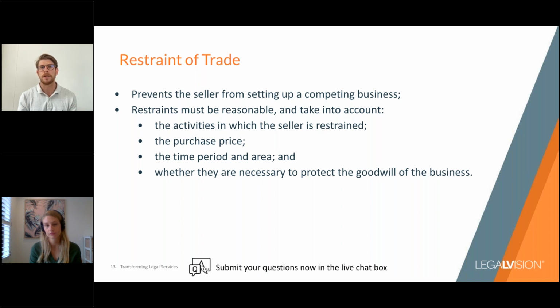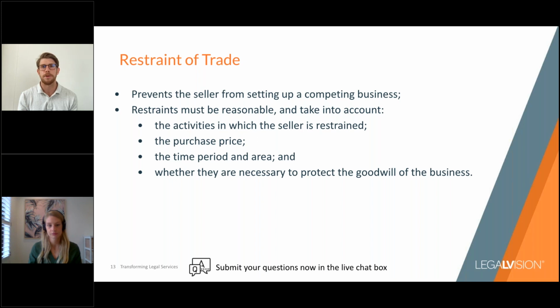So these can include them not setting up a competing business that's the same or similar. There's fairly standard wording that goes into some of these, but the essence is that they can't set up a competing business. It also goes to them not taking over customers or clients or interfering with them. And another key part is them trying to take or poach employees that were engaged by them as the seller, because they would have the rapport with those employees. So you want to make sure that in the contract, the sale of business agreement, they're prohibited from doing those actions.